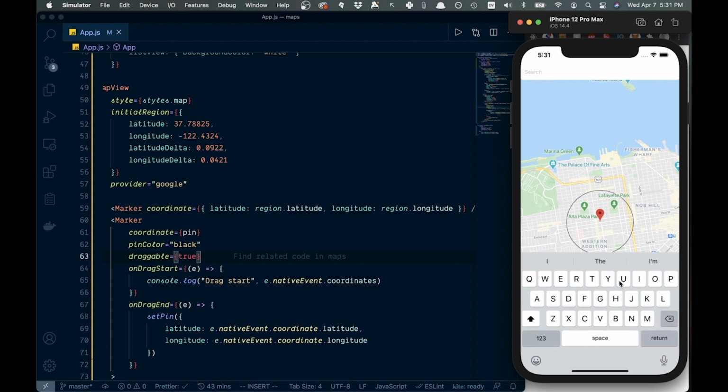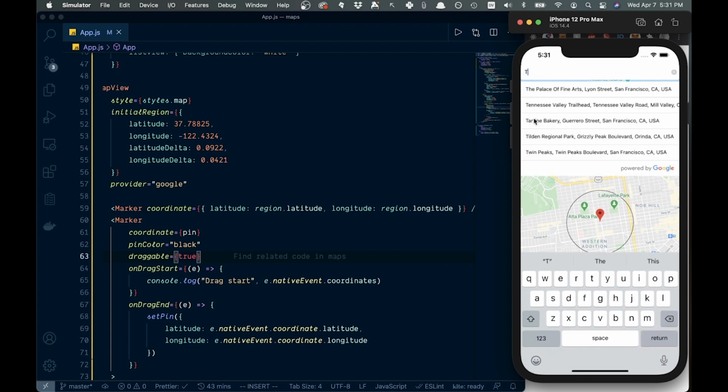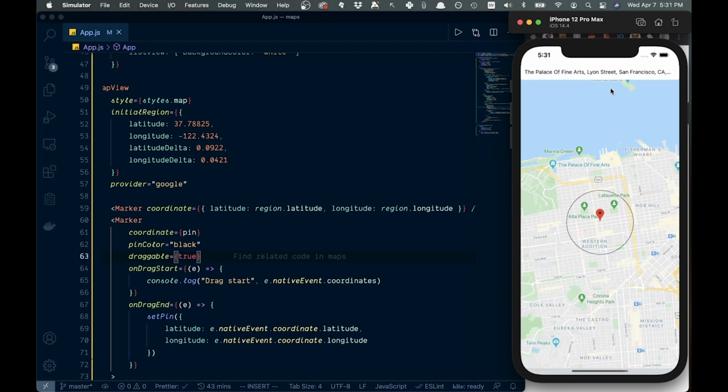And if we go ahead and search something, let's search the Palace of Fine Arts. You can see our next marker shows up right over here. So pretty cool stuff. We've got our two markers. We can search something, have it appear on the map, and then we can see the distance between things. And again, we could add a callout or whatever else we want to our other marker. So pretty neat. Hopefully that's